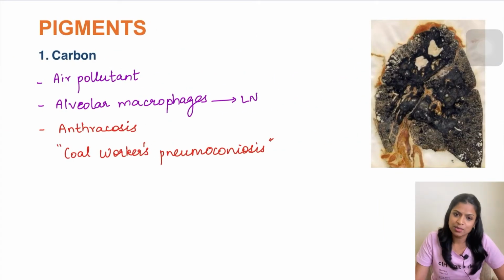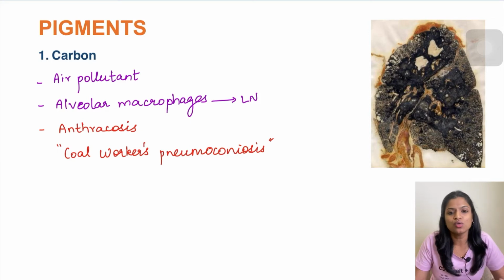So the first pigment, as I mentioned, is carbon. We all know carbon is seen in vehicle exhaust, right? It is one of the most common air pollutants. In the vehicle exhaust, we see these carbon particles, and when the person inhales this carbon, what happens? These carbon particles are actually black in color. These pigments will enter the alveoli, and in the lung alveoli, they are phagocytosed by the alveolar macrophages. These alveolar macrophages will then carry this carbon from the lung through the lymphatics to the lymph